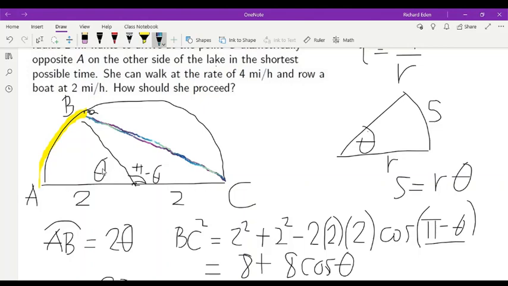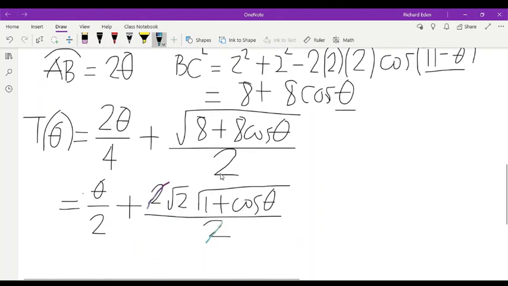On the other hand, theta can span the entire semicircle, so that would mean the protagonist of the story would be walking along the entire arc of the semicircle from A to C, so there would be no part where you would be rowing. So these are the two extreme situations. So theta is from 0 to pi, with both endpoints included. So yeah, that's our domain. So the domain of T is equal to the interval from 0 to pi,